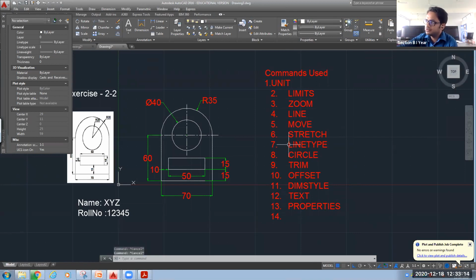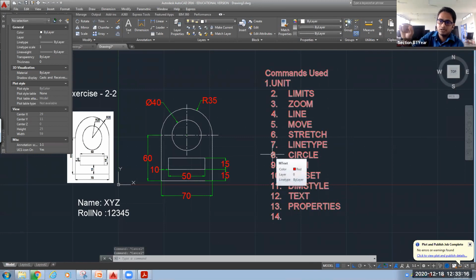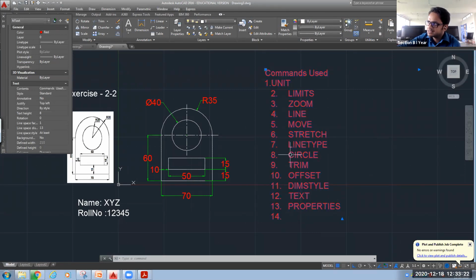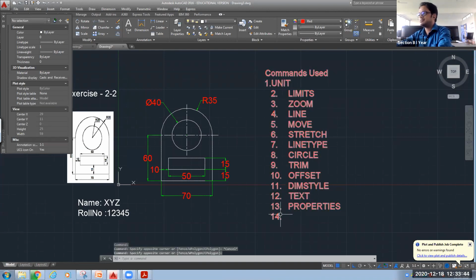I want to teach you one more command here. That's why I'm telling this. When I select any one text, everything is selected. There is one command, your explode. Pay attention. Before using that command, I am putting it here in your command list.